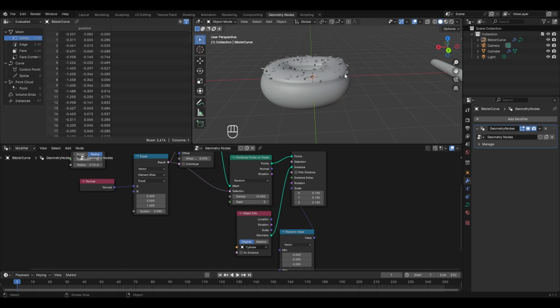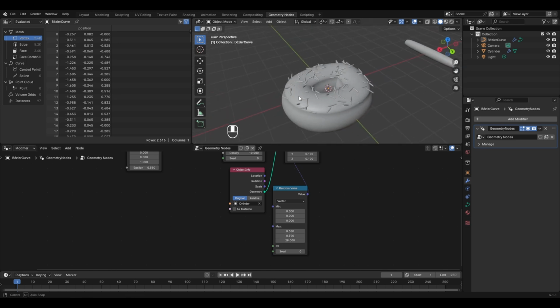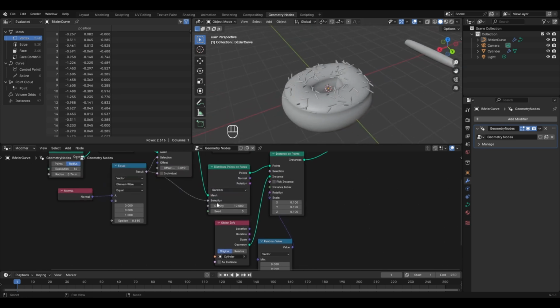Now take this value socket and connect it to the rotation, and now you will notice that these sprinkles are now rotated randomly. And if you want to control this rotation, you can try to change the maximum value in the random node. For example, if I try to change the maximum value in the Z axis, then you can see that the randomness of the rotation in the Z axis will change like this. Similarly, I can do the same with the X axis and also the Y axis. And yes, if you want to increase the number of these sprinkles, then you can go to the density option here, and if I increase it, the number of sprinkles will increase like this.